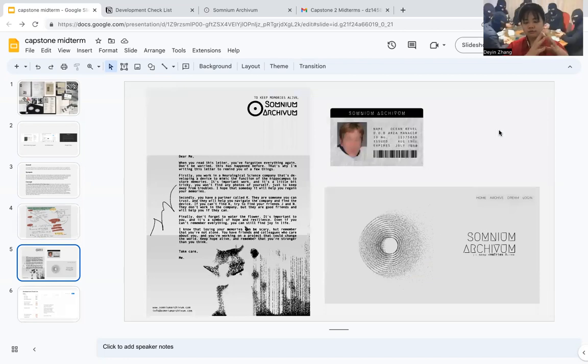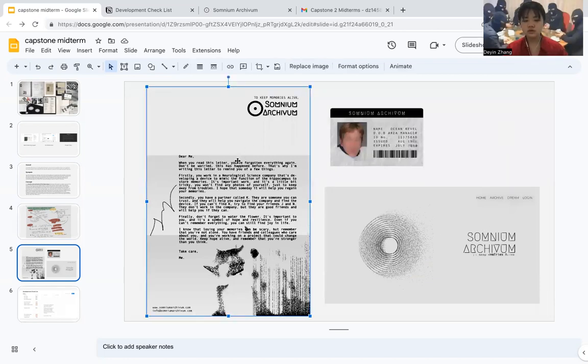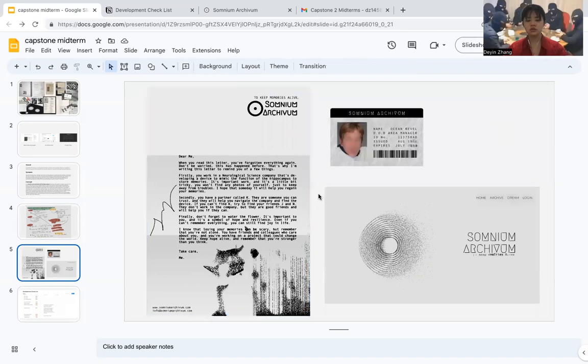So this is what I've developed so far. As you can see, the first picture is the entrance letter that the user will receive for entering this game. If you sign up to participate in this game, you will receive a letter like this, and this letter will lead to other sources or other threads in this ARG. And this picture is the ID card of the fictional neuroscience lab, and it will also be physical.